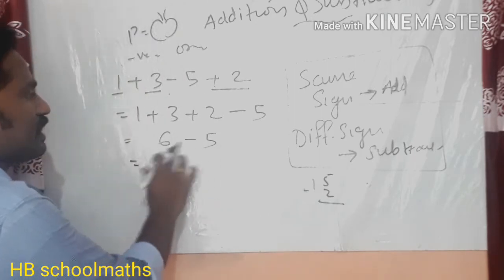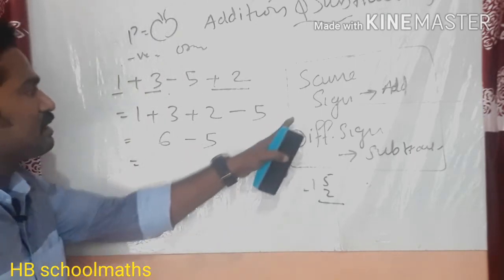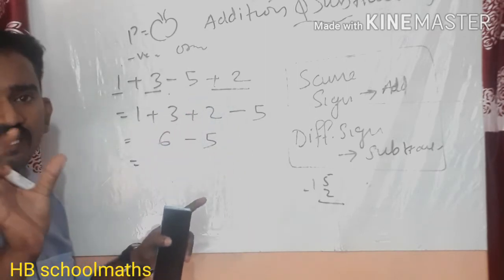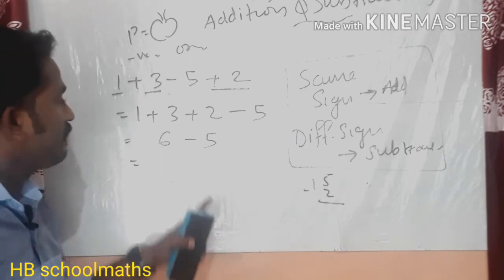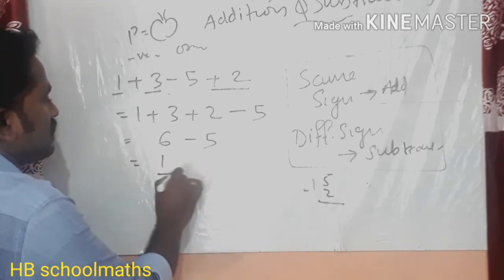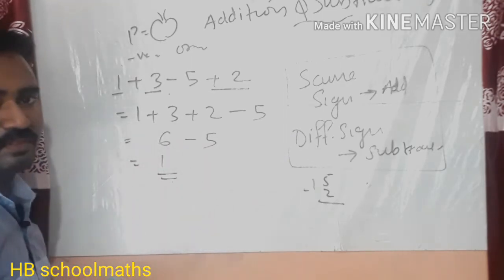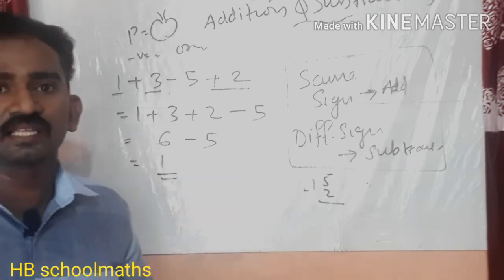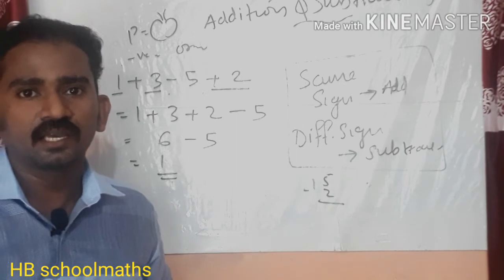Now here, it's a big number minus a small number only, otherwise you think same sign or different sign. When only 2 numbers are there, then you can think same sign or different sign. So 6 minus 5: 6 is positive, so the answer is positive. After learning this chapter, somebody may think 6 minus 5 also has some negative number, and keep a minus sign everywhere. Don't think like that.